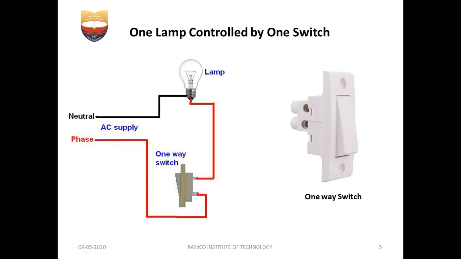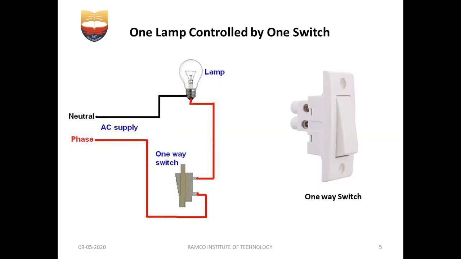So how are we going to do the connections? In our home, kitchen and all, if you press a switch, your lamp starts glowing. So what is the connection behind that? That I am going to discuss here. Any load, as I already told you, has two terminals, a phase and a neutral. This neutral terminal should be connected directly to the load. Here the load is a lamp, so I have connected the neutral terminal directly. We need not put any switch or any control over here. So the red color wire is meant for neutral. In general, the red color wire is meant for neutral.